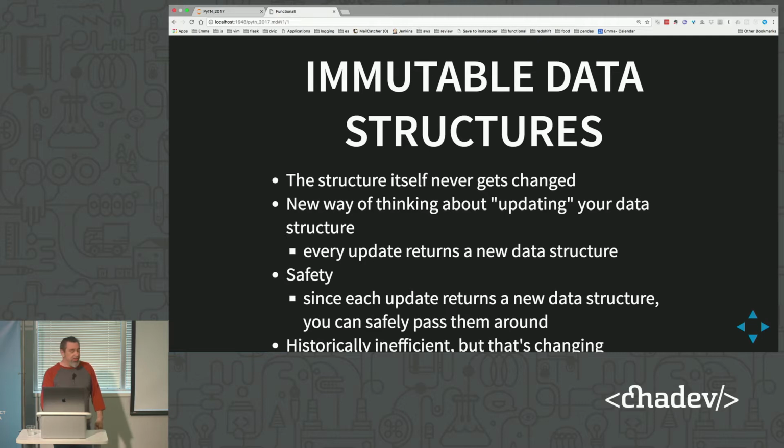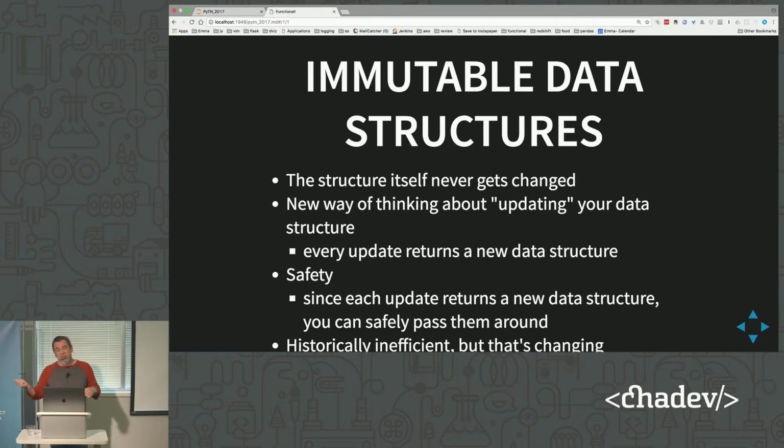Another pillar is immutable data structures. Most of us work with mutable data on a day-to-day basis. That's the bread and butter of object-oriented programming: working with mutable data, things that you can easily change inline. But that's where a lot of bugs sneak in, right?